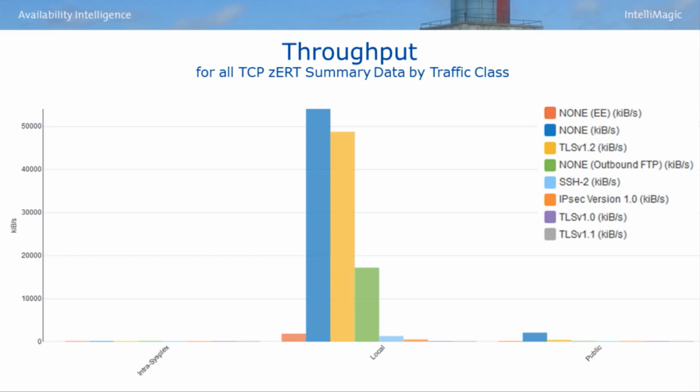All right, so now we'll look at some examples of visibility into the zERT data that are provided by Intellimagic Vision. This first report shows throughput by traffic class, and the three reported here along the bottom are intra-Sysplex, local, and public, for each protocol type as they appear in the legend along the right. So in this example, most of the network data volume is local between mainframe and other platforms within the data